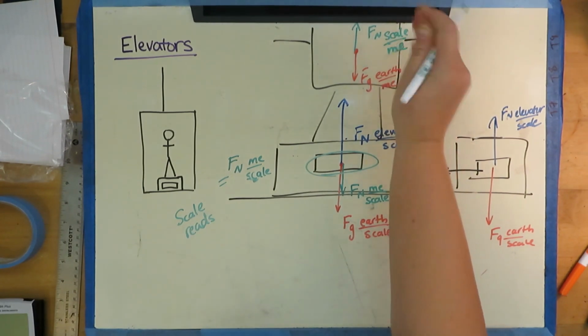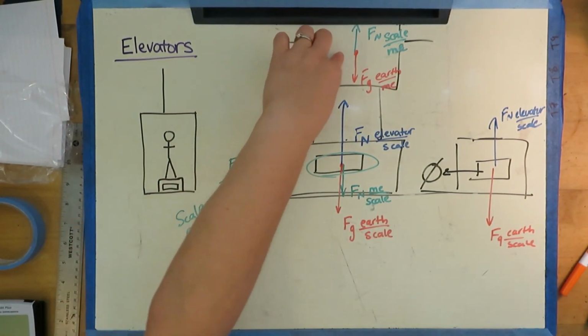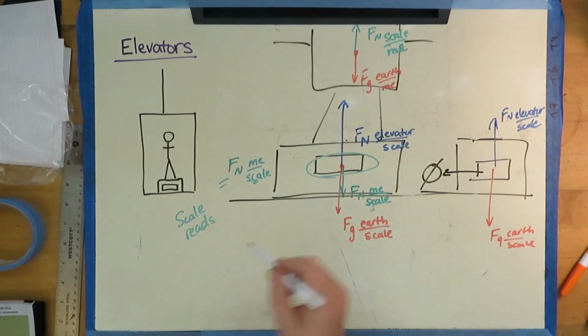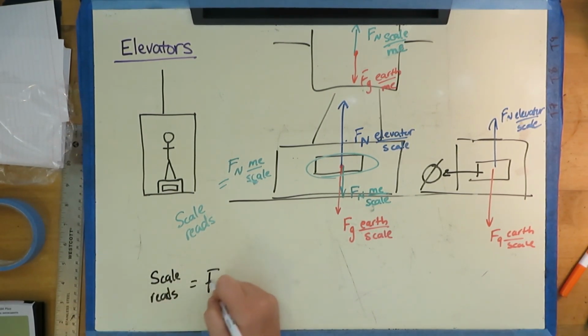The scale on me. Those are the two forces that'll be acting on me in the elevator. So when I'm just standing on the elevator and the elevator's at rest, those are the forces. So what I'm assuming is that the scale reading, which is reading, so the scale reads the normal force of